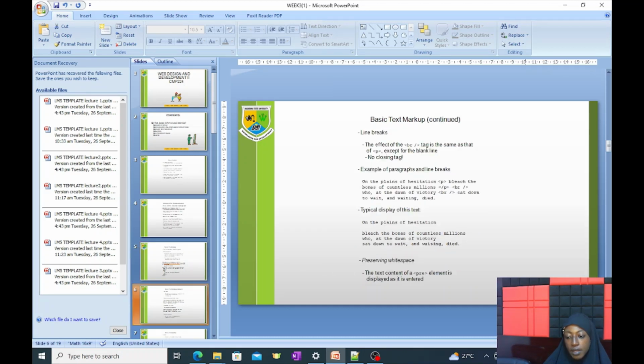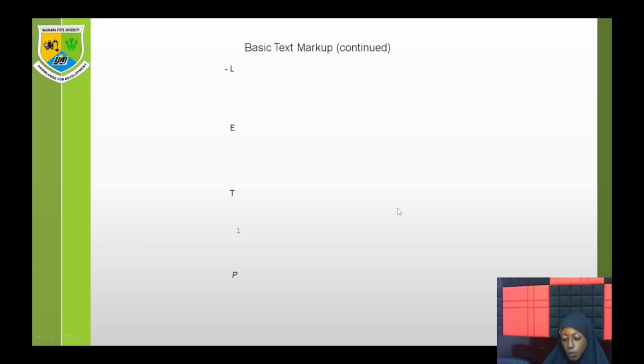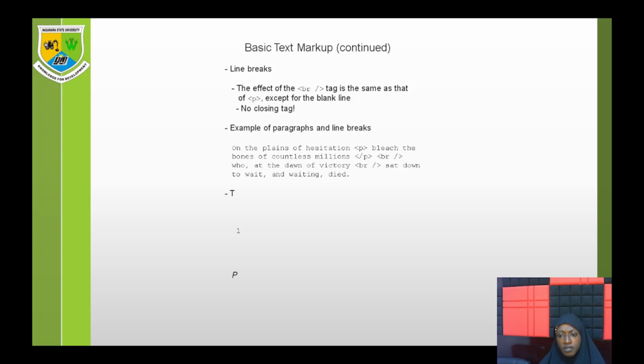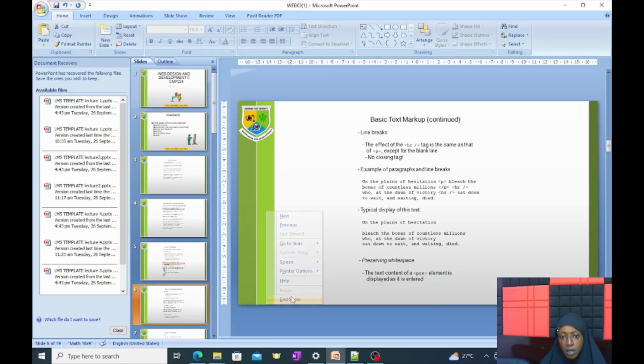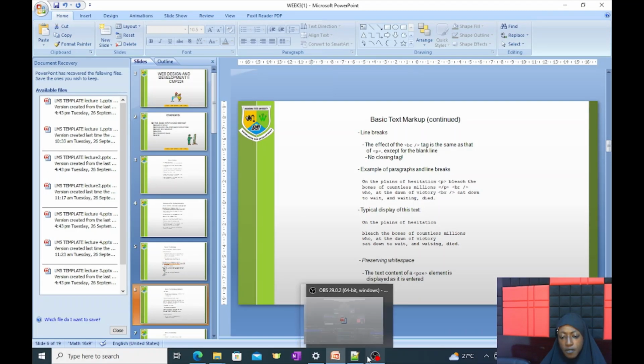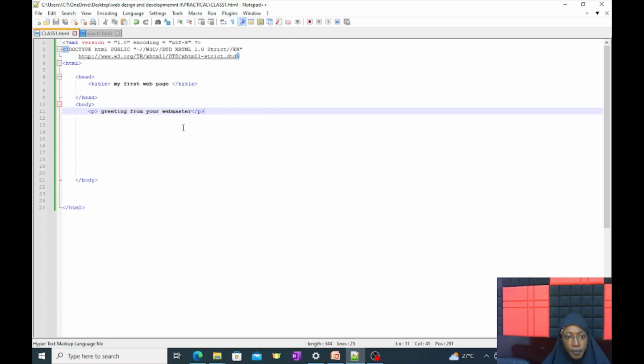Let's go to the next element that we want to have. Line break, because sometimes when I'm having a paragraph element, let's look at it. In a paragraph element, I'm having a lot of things in my paragraph. How do I break it? Let's take for example, this is a paragraph. I have so much write-up, but I want to break it. I don't want it to go very long. The width should not be so much. Let's copy a certain text